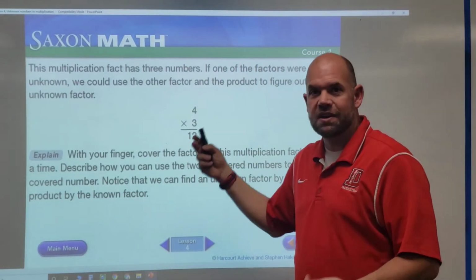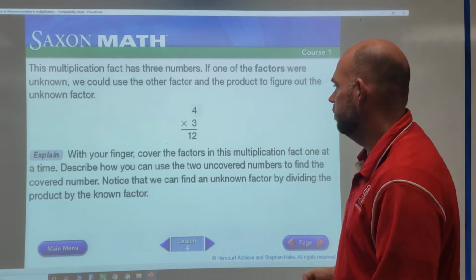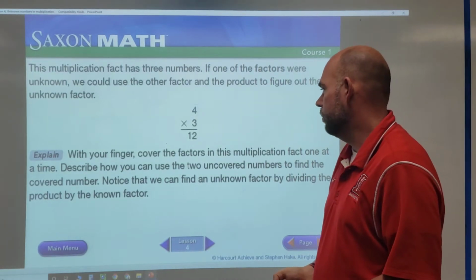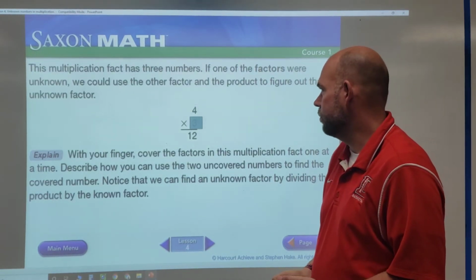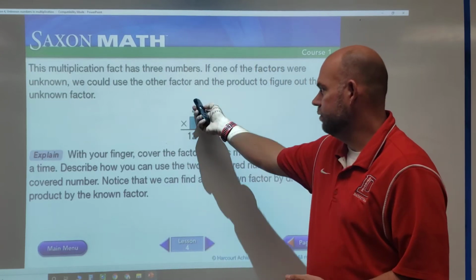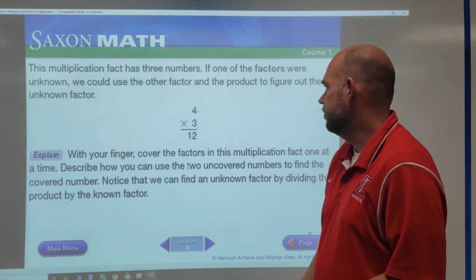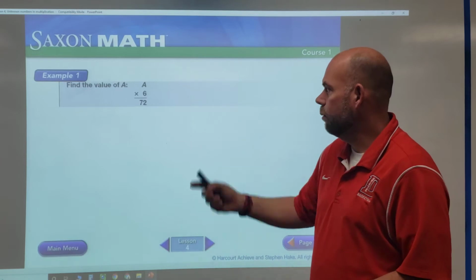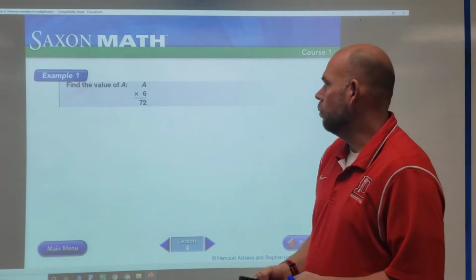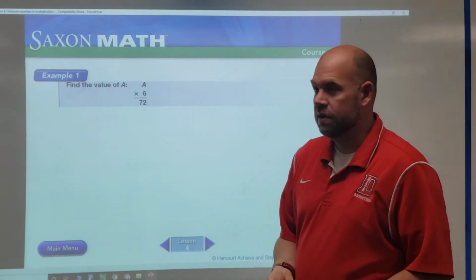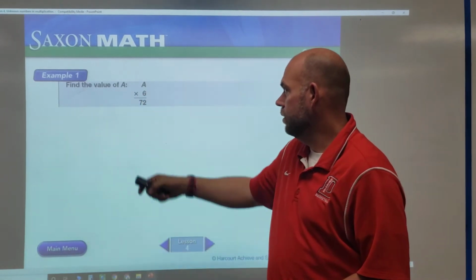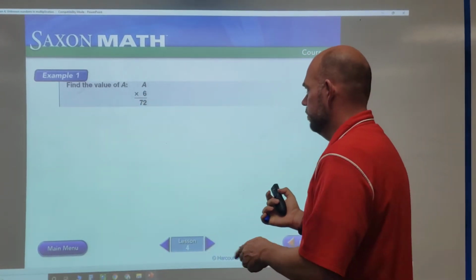So we can cover up the different parts of the equation to solve for it. So if we cover the 4, we get 12. If we cover up the 3, we could do 12 divided by 4 equals 3 and solve for it that way. Okay, so here we're finding the value of A. What times 6 equals 72? We'll just divide 72 by 6. So if we do that,